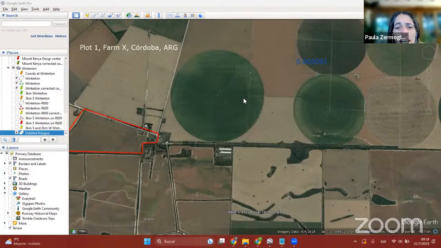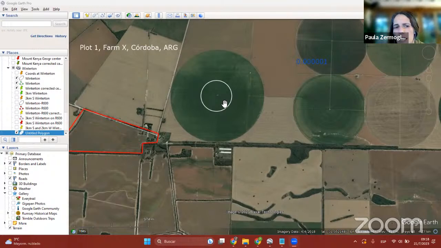So if this circle was smaller, if this farm was smaller, suppose that I had a farm that was, instead of this big circle, was this circle. If this farm is smaller, the location would be telling me that I could have collected in here, or here, or here, or here, or here, or here, but not around it, not in all these places. And so the uncertainty is giving me an idea of